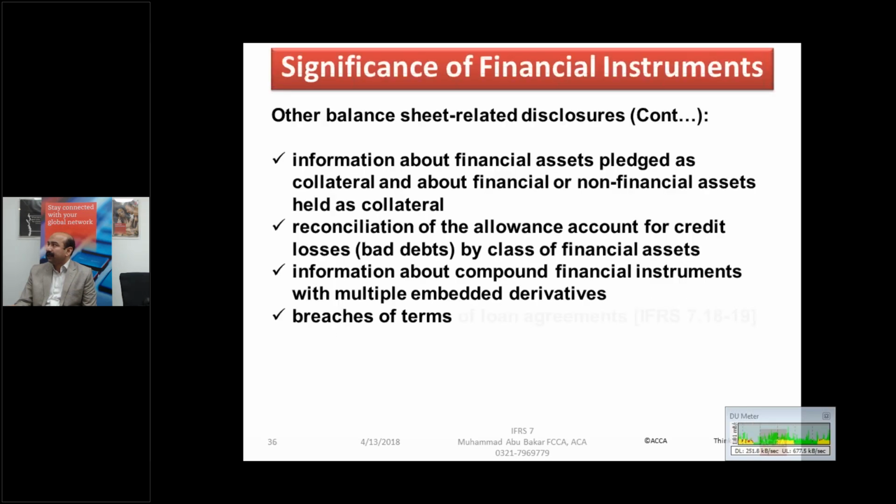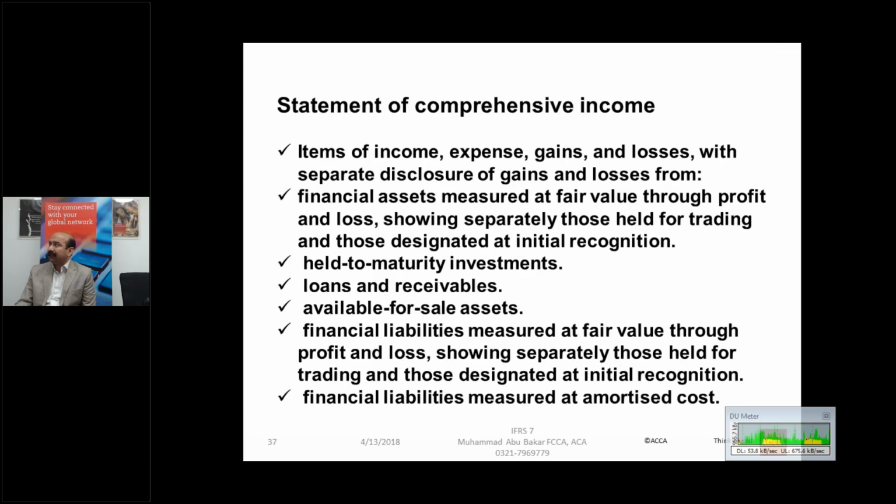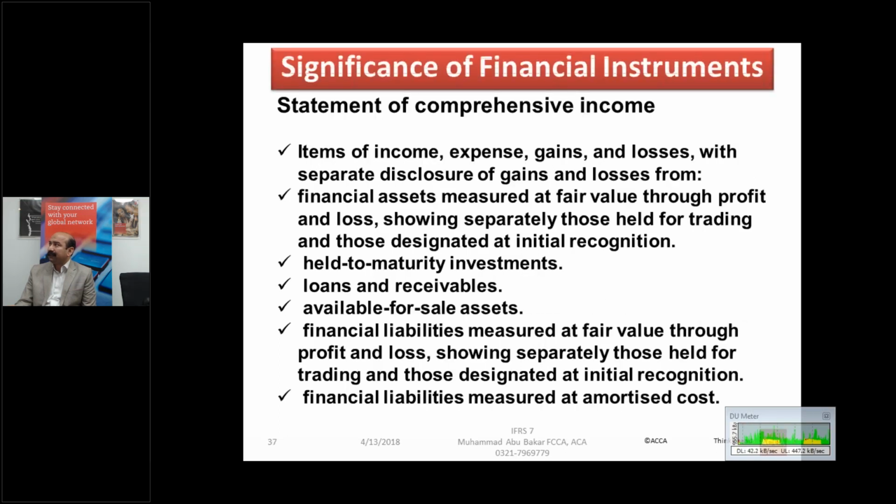Okay, other disclosures are information about financial assets pledged as collateral and about financial or non-financial assets held as collateral. Reconciliation of the allowance account for credit losses, bad debts, by class of financial asset, different classes based on what the classes are in your accounts. Information about compound financial instruments with multiple embedded derivatives, breaches of terms, and then in the statement of comprehensive income, items